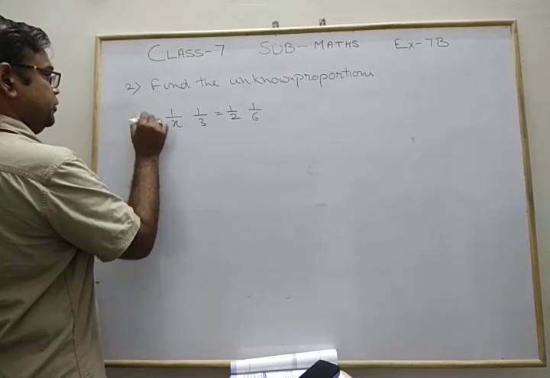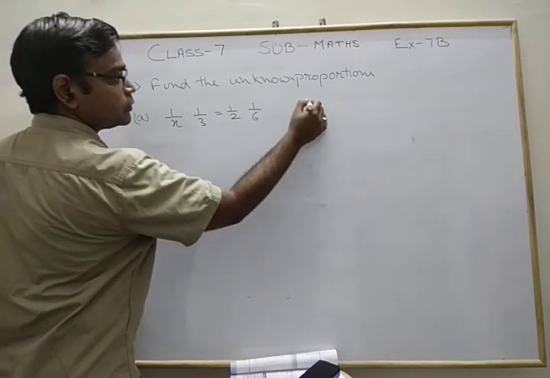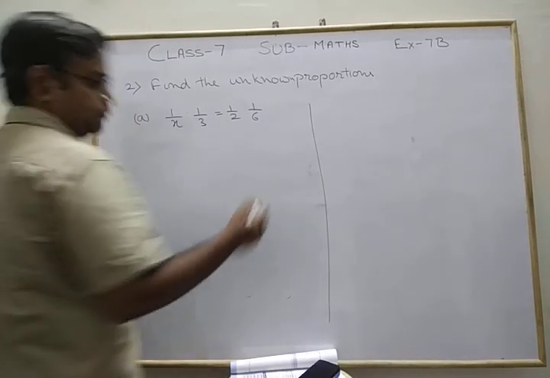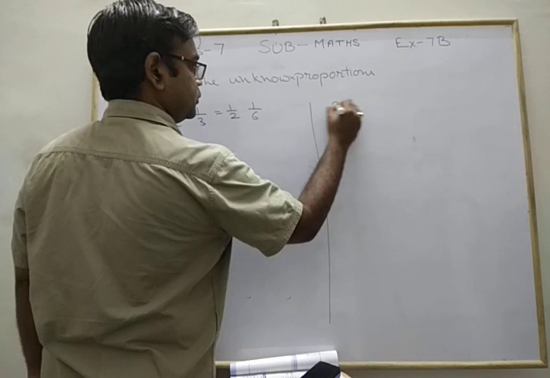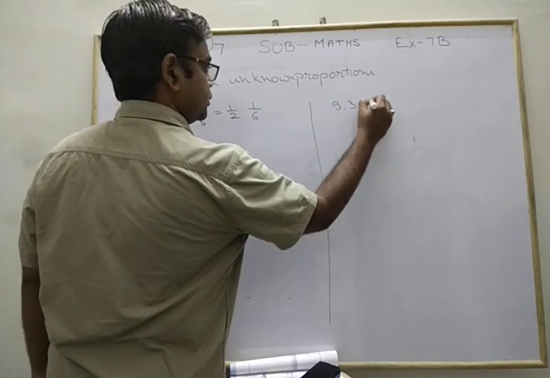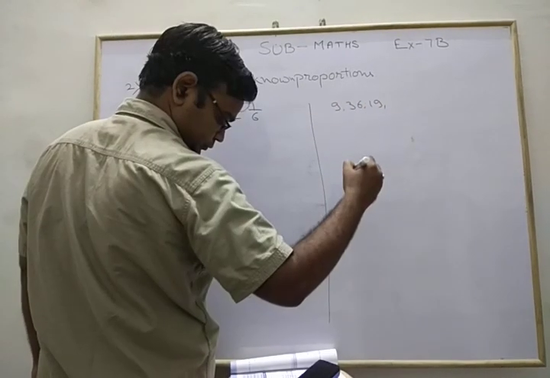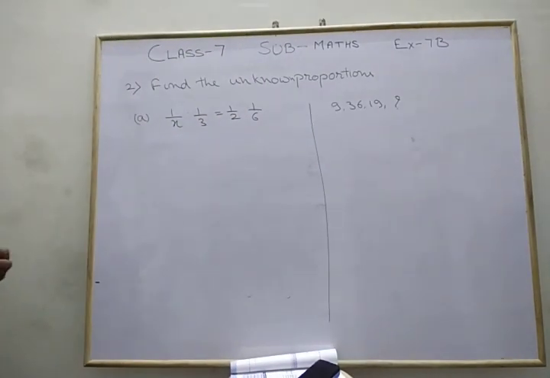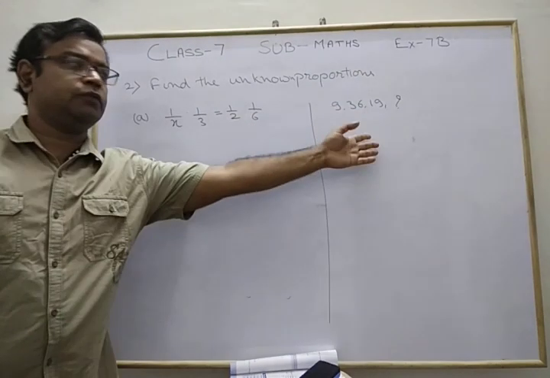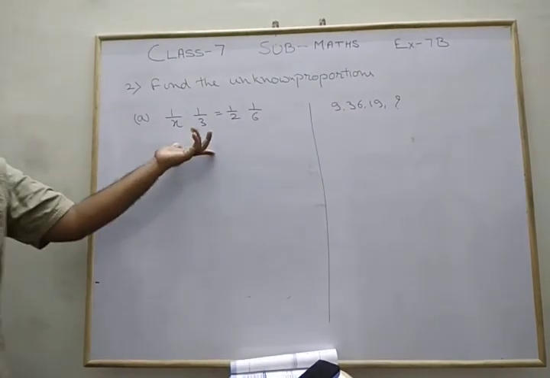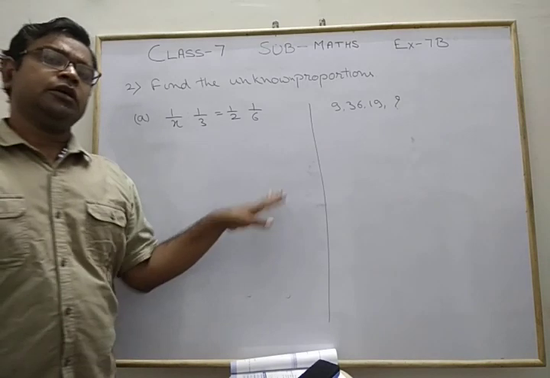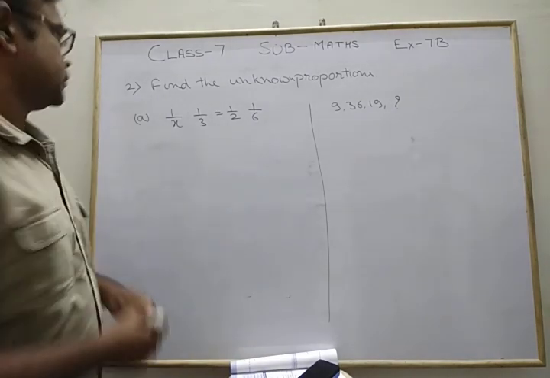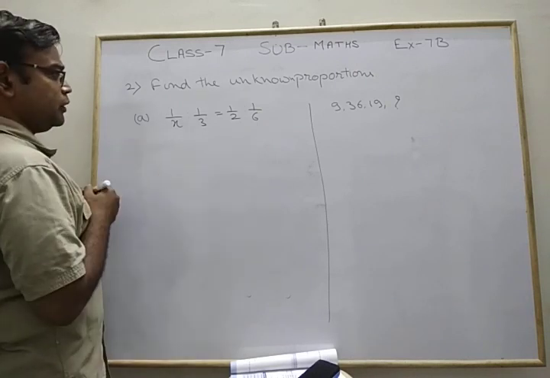This is supposed to be a part. Or, in the next question, the question asks you to find the fourth proportion: 9, 36, 90. Find the fourth proportion. In both types of question, they are similar. Find the fourth one, find the third one, or in this case, find the unknown. All these questions are the same type of solution, the same concept. We are using that formula. So in this case, it's easier for us.